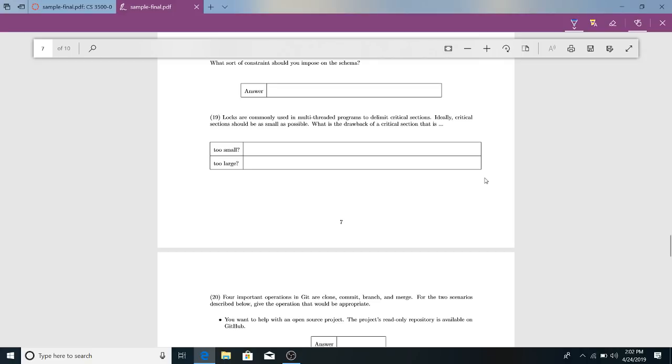So the problem with it being too small is, as it says right here, ideally critical sections should be as small as possible. So if it's smaller than that, it's too small. Let's say you have multiple things you need to do, but if you split that up so you only do 1 part, but you depend on that second part being done in the same critical section, then it's too small, and that breaks up your